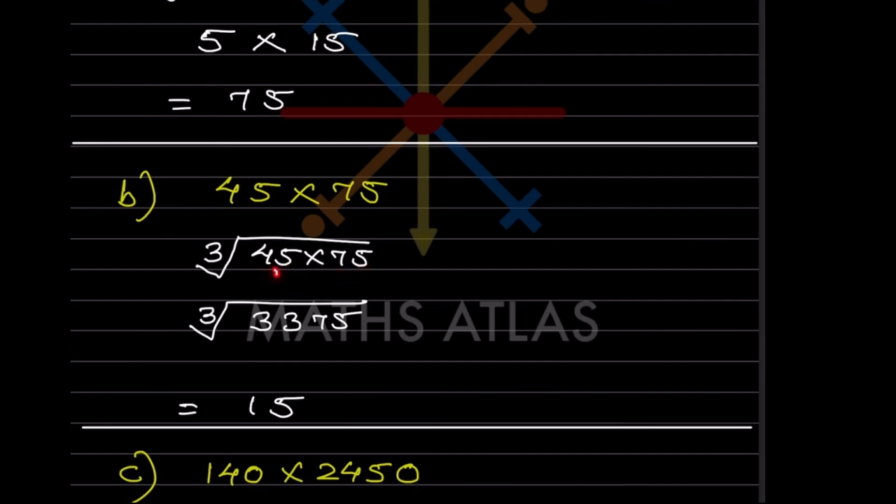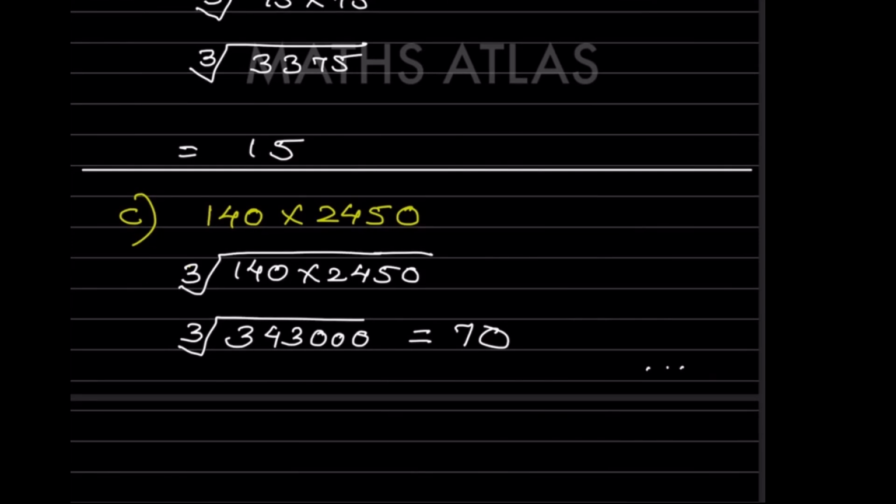So what we did here, we have multiplied this together. So that comes to 3375 when you multiply this one. So now here 3375, when you take the cube root of that, you will do it with the help of the prime factorization method. So you get 15. Now you know the prime factor, so I'm not going to write it again over here. When you solve that part, you get 15 with the help of the prime factorization method.